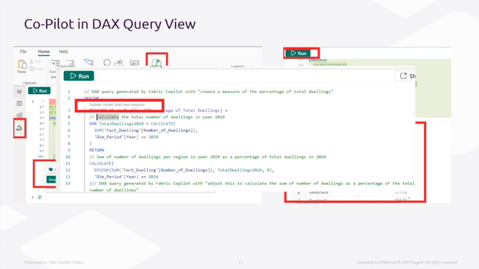And I can also, for instance, if I define my measure in the DAX query view, there is an option to sort of import that measure into your model directly. So I just click on that, and then my measure is created. Yeah, so this is a little bit how I created my measures, but